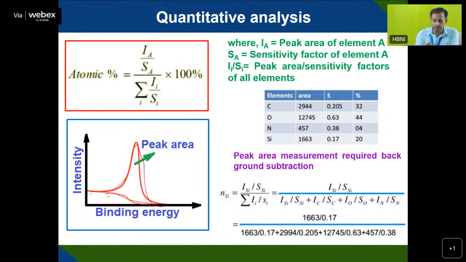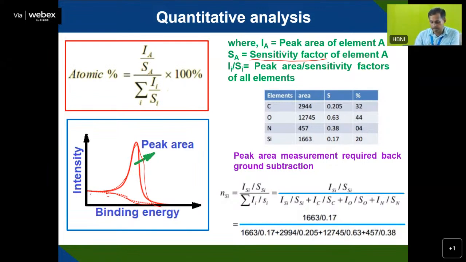So if an element A is present, the peak area of the element A, IA, is divided by the sensitivity factor of the element, since XPS analysis is sensitive to each element. Each instrument has a sensitivity factor corresponding to the element. So that sensitivity factor SA you have to take into consideration. So IA by SA, divided by the summation of all elements, Ii by Si, you will be able to get the